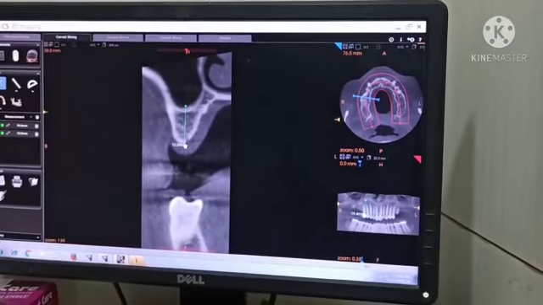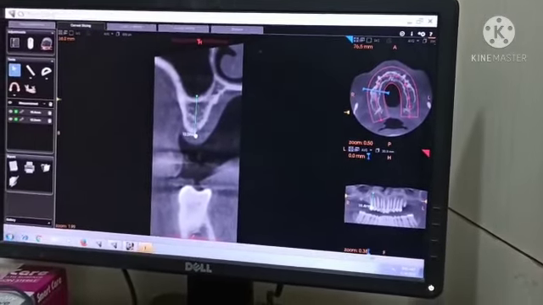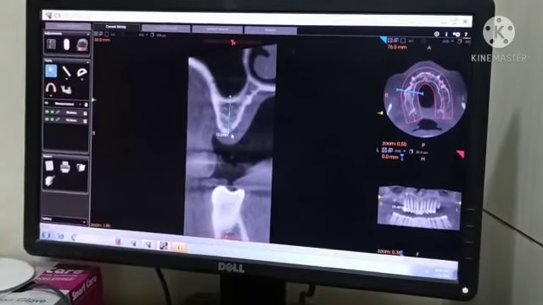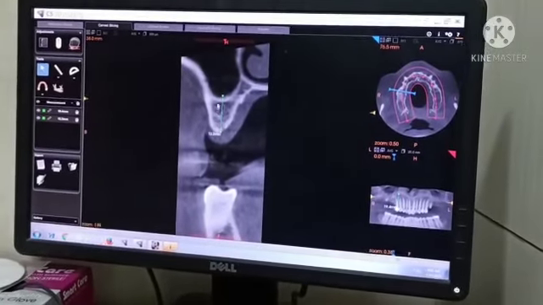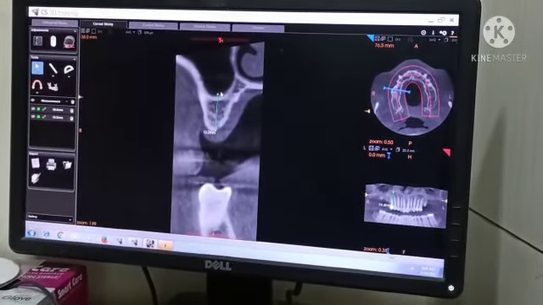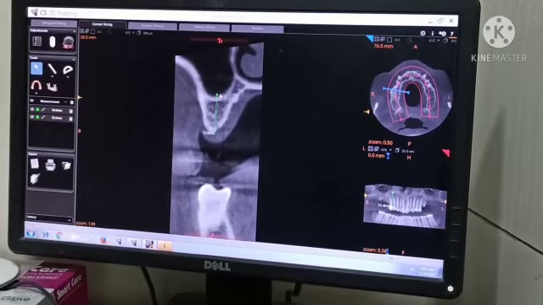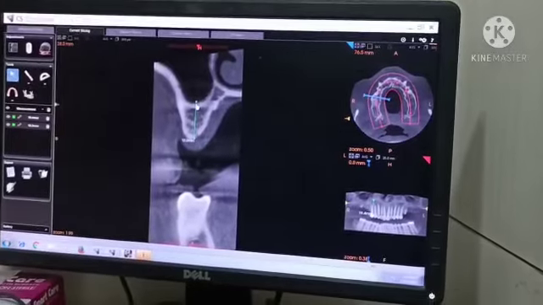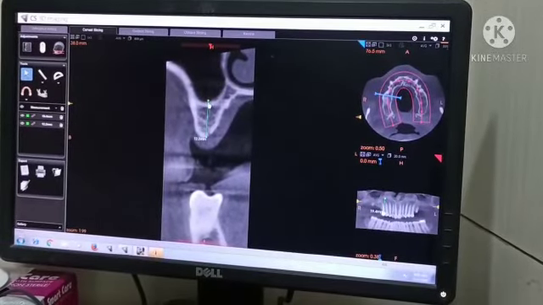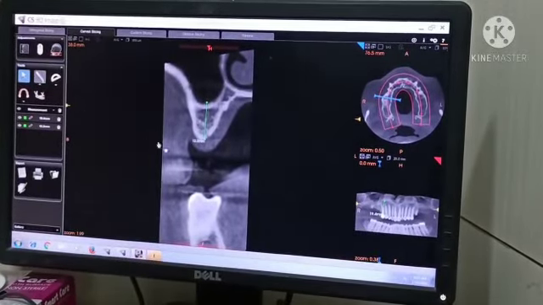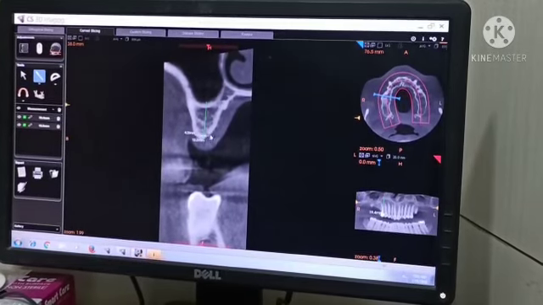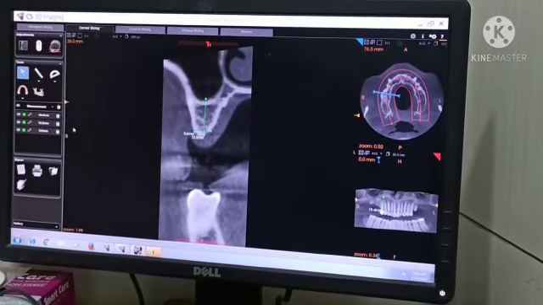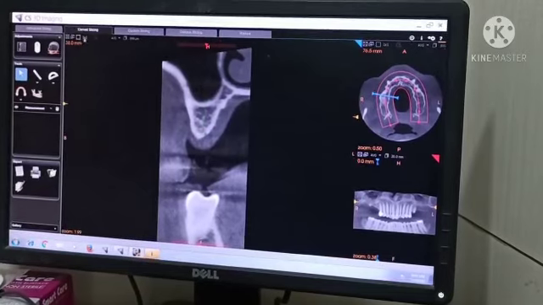It is around 12 mm. So when you see the OPG, it shows 8 or 10, but here it is showing 12 mm. If CBCT is not there, how will you know this length? Do the drilling and feel the drop and measure it, okay. That is how you compensate for not having CBCT. So the width is also good, okay. I will be preferring 3.7 into 12, okay.